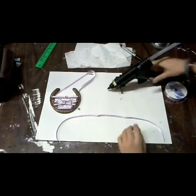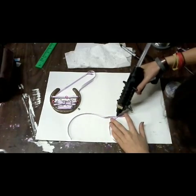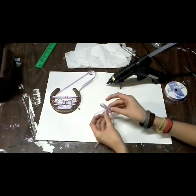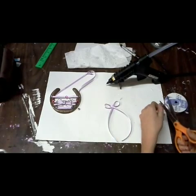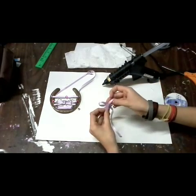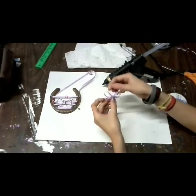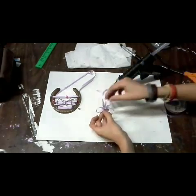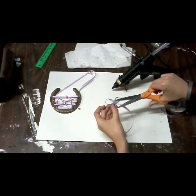Okay, now I put a dab of glue in the middle and then I folded it over to the sides that I had figured out. And now I am doing the same on the other side. Now I am taking more ribbon and I am putting a dab of glue and I am wrapping the little piece of ribbon I just cut around my bow and adding another dab of glue on the back so that I may secure it. Now I'm just cutting off any excess